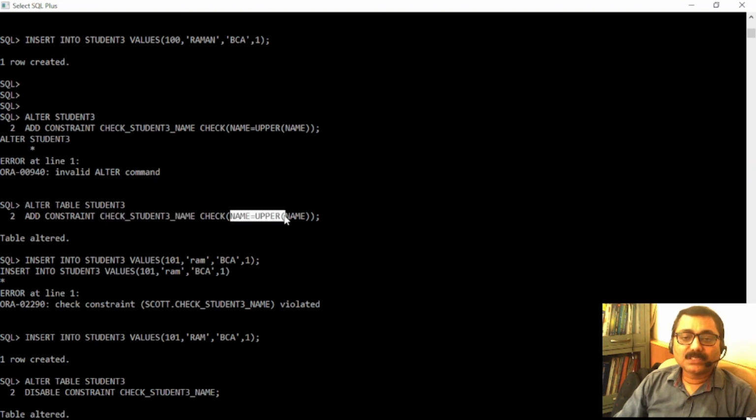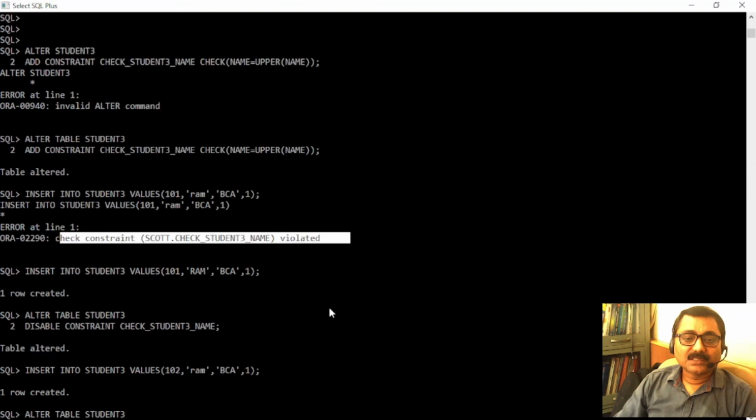This is the logic for uppercase: whatever case you have entered will be converted into uppercase, then it will tally whether both match or not. If it is matching, the record will go in the data, otherwise not. Test what I have done: insert into student 3 values 1001, and I have taken the name in lowercase. It has been rejected. It says this constraint is violated.